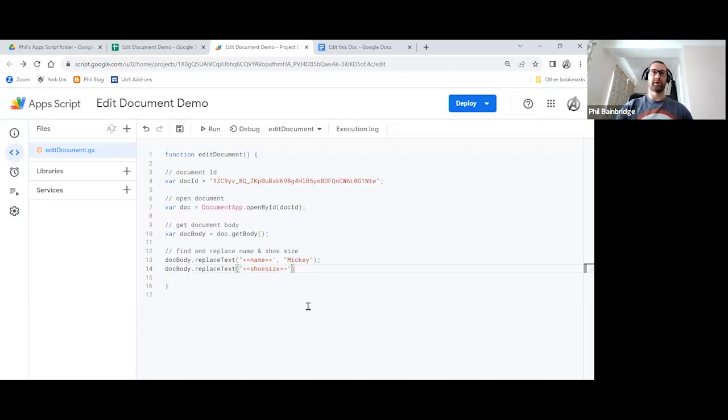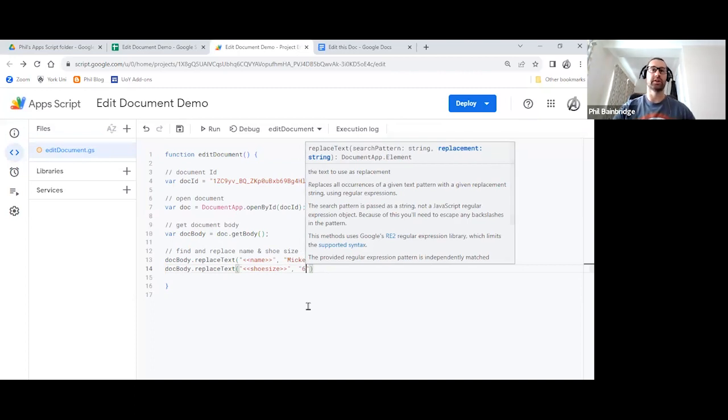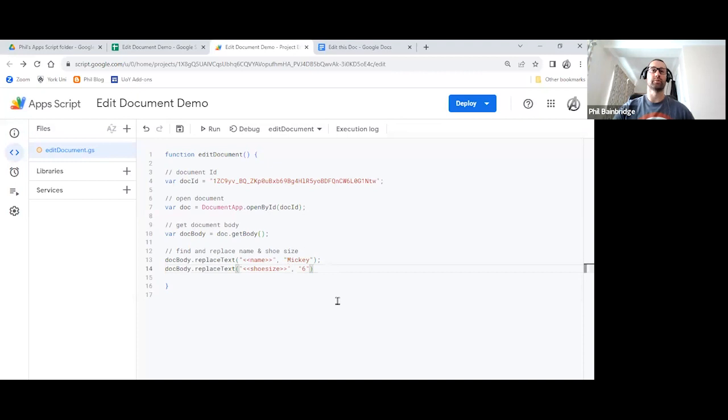Then if I move my cursor just to the right of that and put the comma in, next I want to insert the value. Now it has to be a string here. So even though it's a shoe size, you might think it's a number. It's just the number is going to be in single or double quotes like so. So you'll see it changing red, and hit save like that. That's it. Obviously, if you had any more tags, you would just repeat these lines going down and change the relevant values. Let's run this code now then and see what happens.